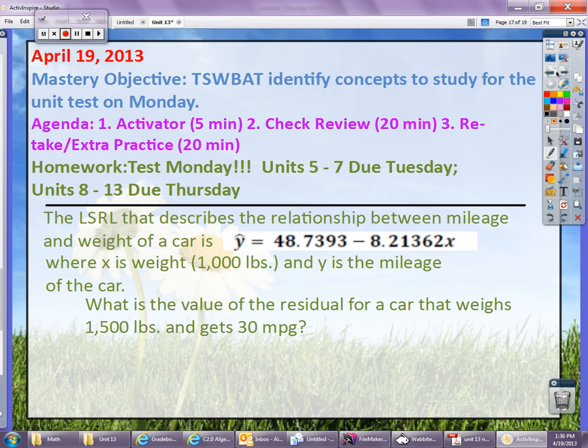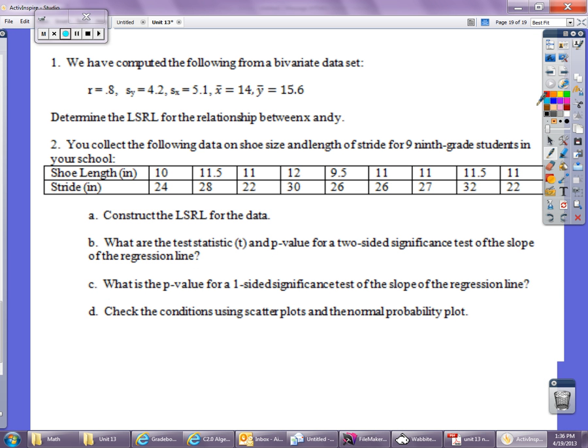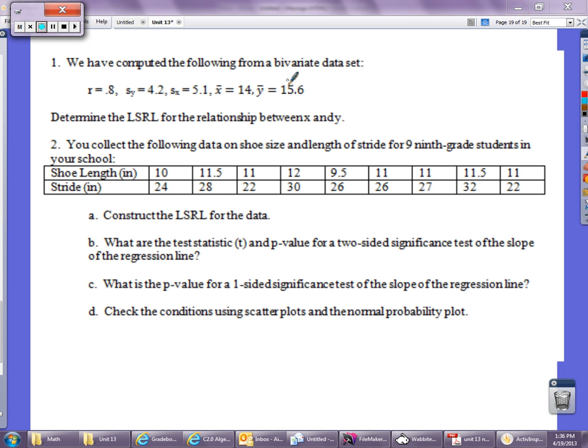And then, of course, using your calculator, I wanted to go over the more practice that I gave you in class today. So first of all, in number 1 in the more practice, if you remember from before, I said that y hat is equal to b sub 0 plus b sub 1 x. B sub 0 and B sub 1 are actual formulas in your packet. B sub 1 is given to you in your packet as r times the standard deviation of y over the standard deviation of x. So therefore you just use those values that are given to you in order to calculate